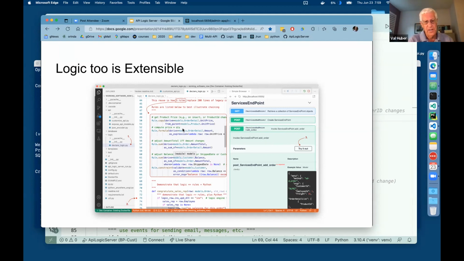And certainly not things that aren't about the database domain, like sending messages or sending email. So in the same way that low code needs to be extensible, logic needs to be extensible. So logic is really defined as rules plus code. And the way we do that